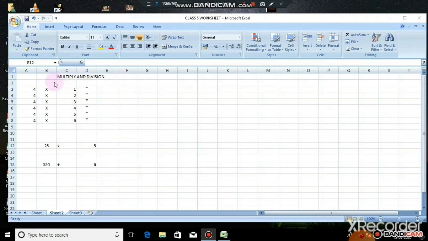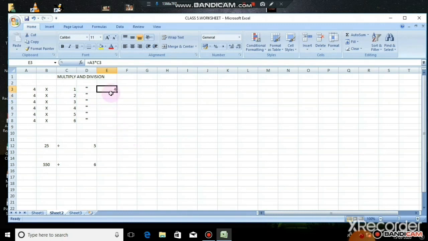Now we are going to see how multiplication and division take place in the Excel sheet. In one cell I entered 4 into 1 is equal to. I told you a formula should always begin with the equal to sign. So equal to, press on the number 4, it is A3, and the multiplication symbol is not X, it is a star symbol.